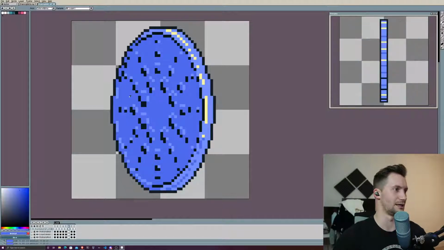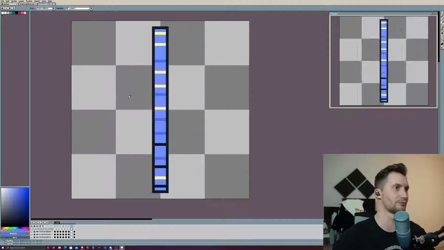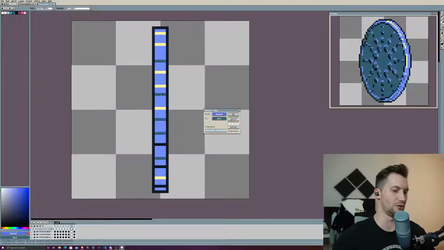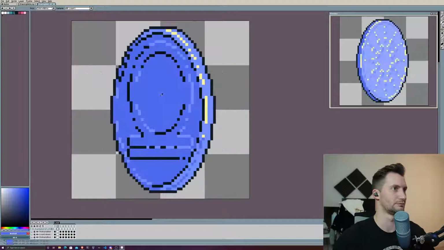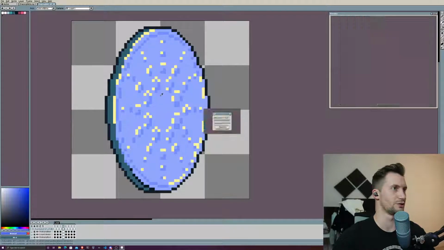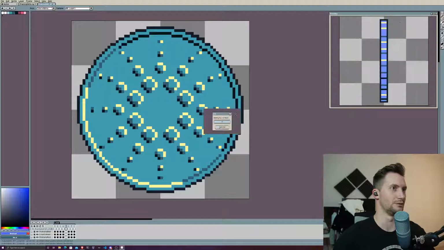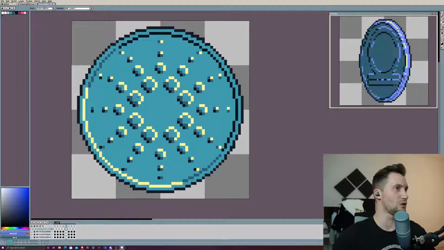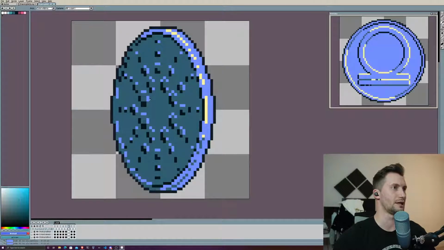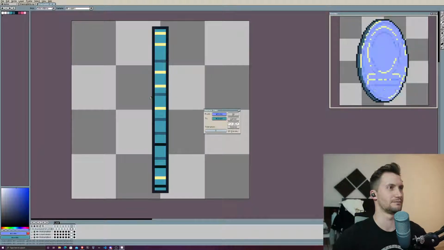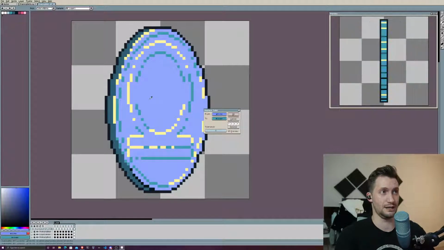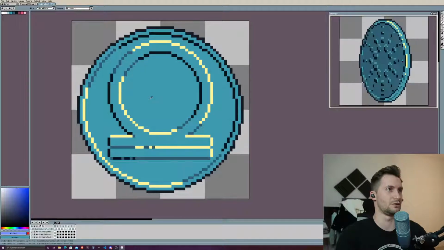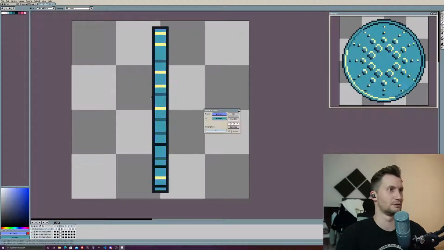Okay, we're just going to take that. So I've realized that this is a lot easier to do. We just have to go through all the frames once you've got your color sorted. We got that one. Okay, so we're coming up to a point where we need different colors, because we're going to need the extra color here for the highlight. But don't worry, because we've got it already.